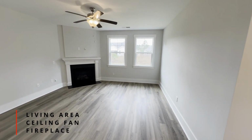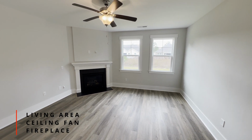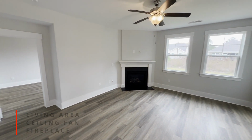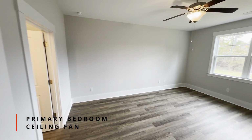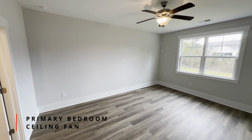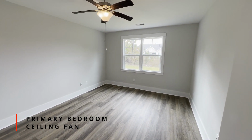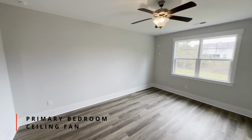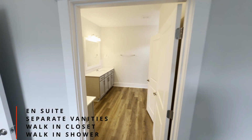The living space has a fireplace and ceiling fan. Into the primary bedroom. It's also equipped with the ceiling fan. Into the primary ensuite